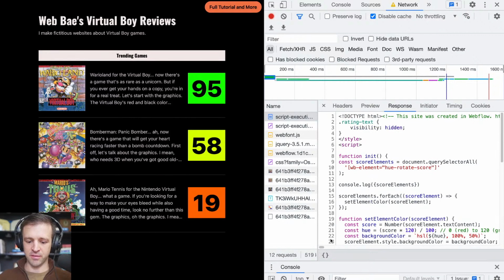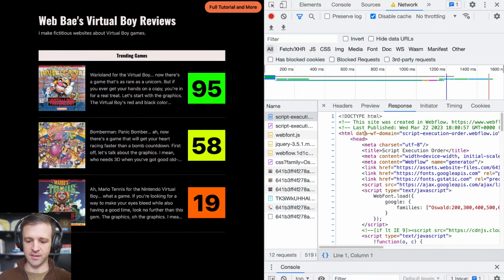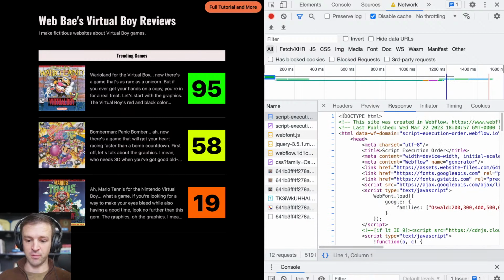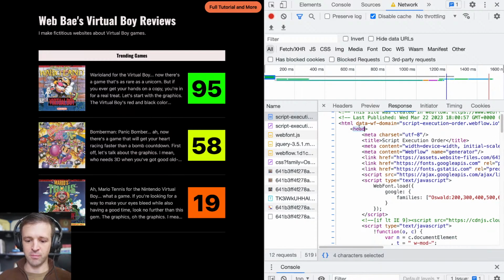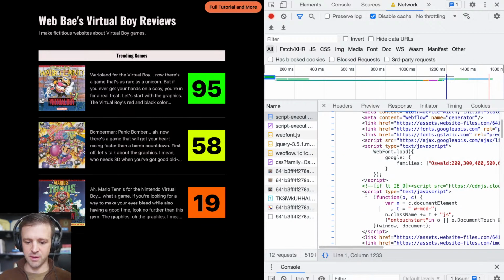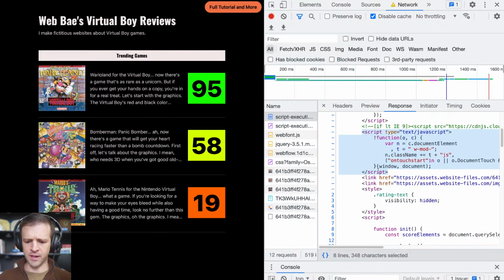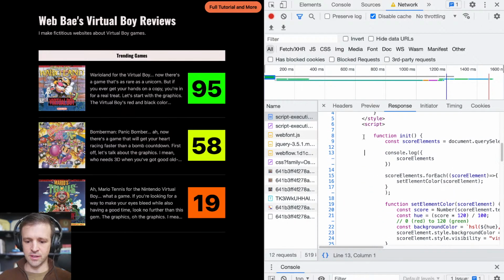If your response looks a little bit funny, you might want to click this thing here like mine does, so that now we're seeing the whole DOM, or document object model, and we can see that the very first thing we get is HTML, and this doctype is telling our browser that this is an HTML document, and we have our head tag here. There's a bunch of stuff that's going in the head. You can see we have a script tag in here. We have some links, and we'll get into that. And then we have